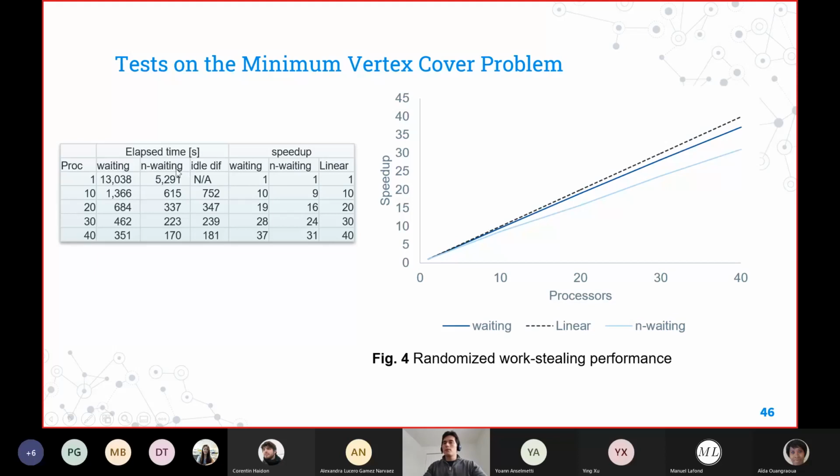But that's also because the non-waiting version of the algorithm is already really efficient. Looking at 40 cores, 40 processors, we see that the light blue gets up to more or less 31 times faster compared to the sequential version. But using the waiting version, which is not that optimal, since this is a comparison with its own sequential version, we get more benefit in here. It's almost up to 27 times faster.